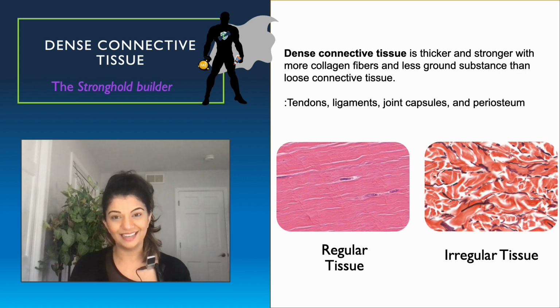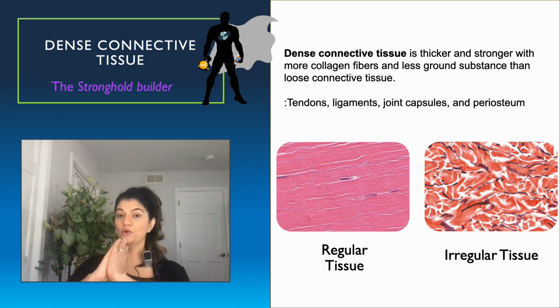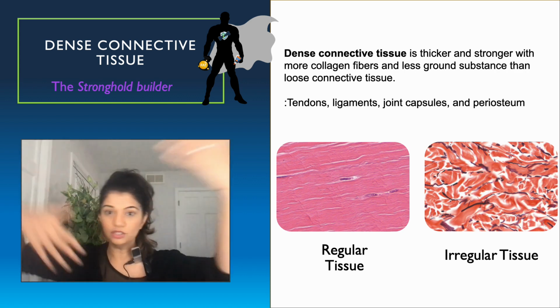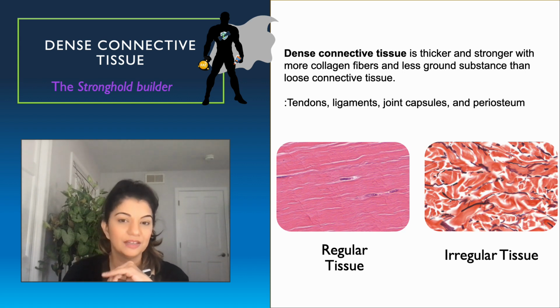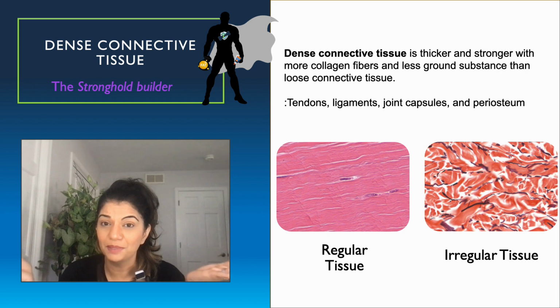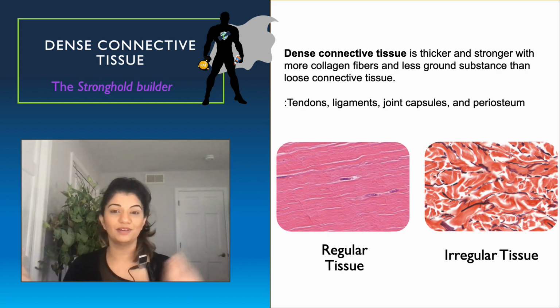Dense regular connective tissue gives you strength, but only in one direction. This is sort of all over the place. So this crisscross pattern or layered arrangement makes it ideal for where? Where do you think this is going to be? Your skin. Because the skin can withstand stresses from all